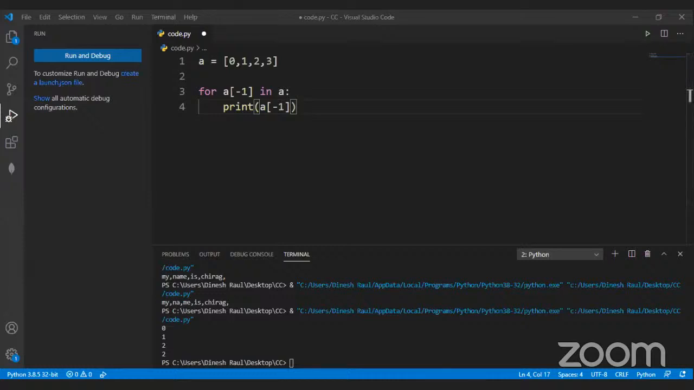Previously, when we were writing code in C, C++, and Java, the code was getting too vast. But Python gives us